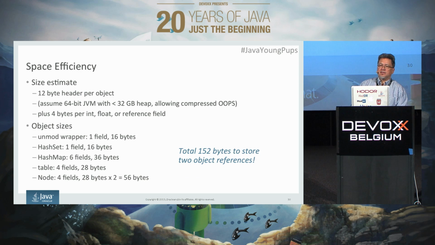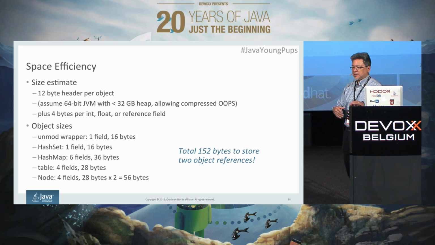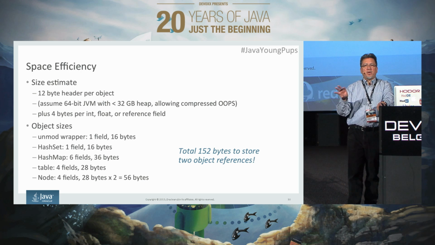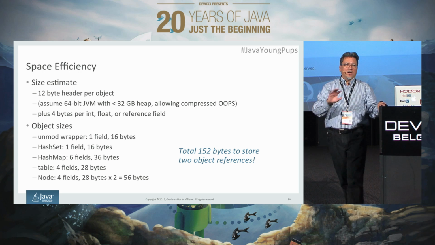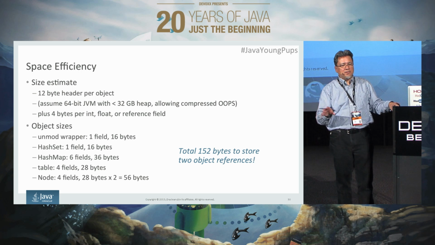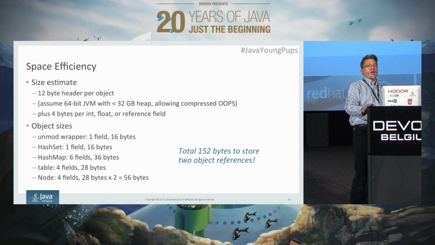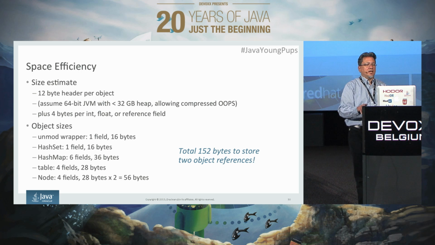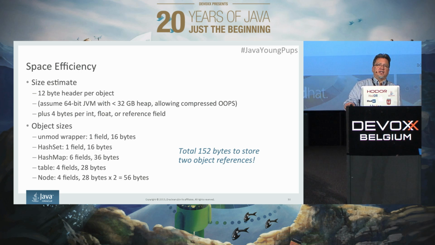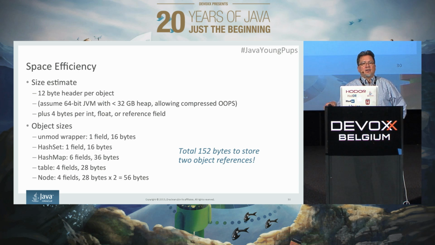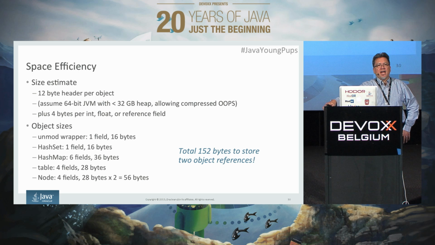All right, so how big is this? So I made some quick calculations here. This is not necessarily very precise because it depends on a bunch of things about what architecture the JVM is, 32 versus 64-bit and so forth. But I made some assumptions about this. The first thing is every object in Java has overhead, depending on the exact circumstances, but in this case, if you have a 64-bit JVM with compressed OOPS, each object has a 12-byte object header. So that's just